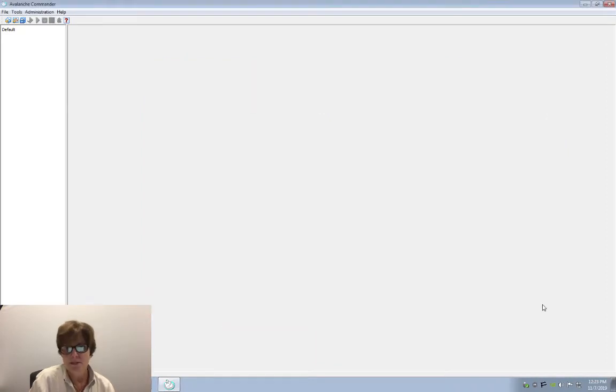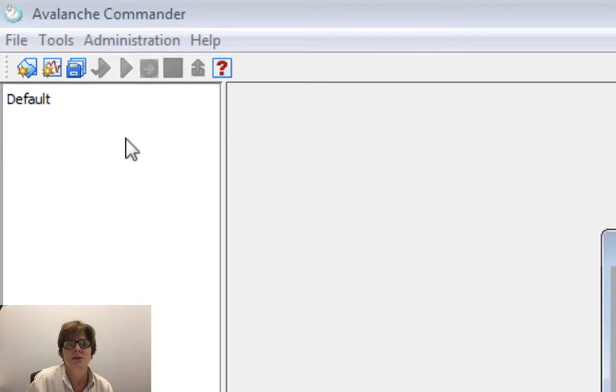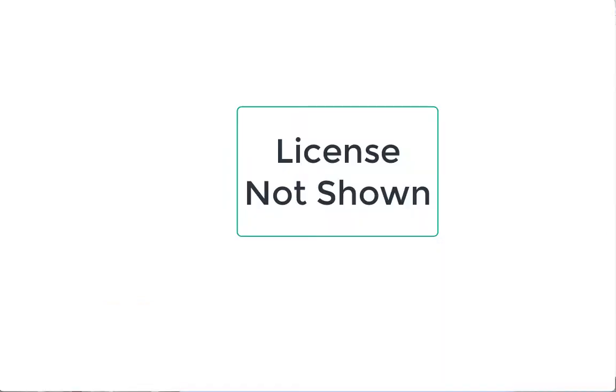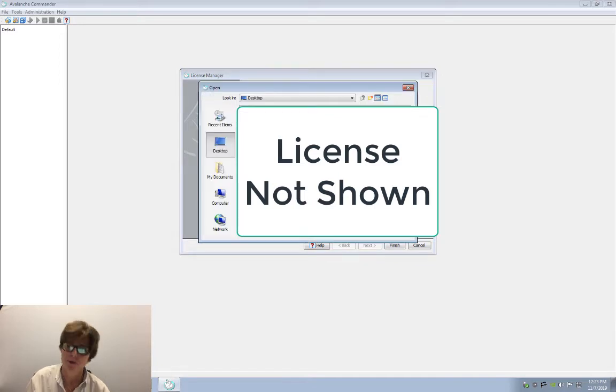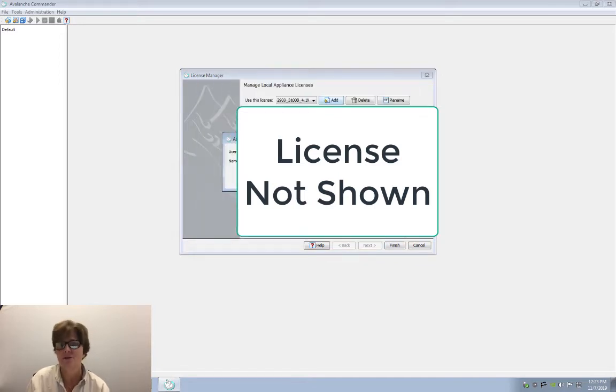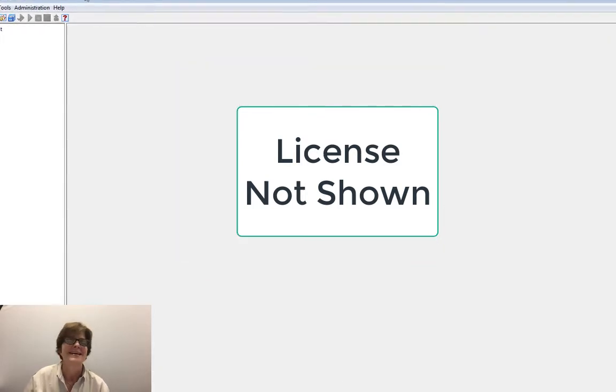So after we connect to the chassis, we're supposed to deal with licensing. If we come back up to administration and look at licensing, I've actually already uploaded my license, which I am not letting you see here. But what we could have done is an add and a browse, and then we could have found another license. That's just how to do the license. Obviously, I'm not showing you my stuff.